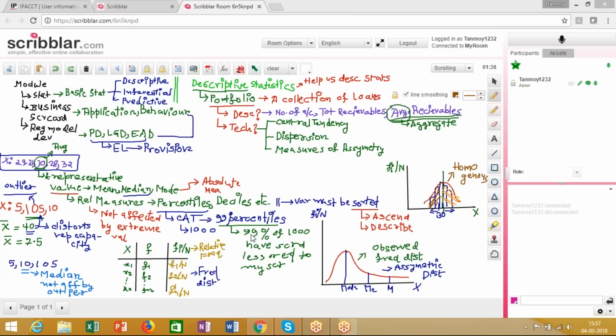And theoretically, a symmetric distribution has a very special name in the theory of statistics, that's called the Gaussian distribution or the normal distribution. And for a symmetric distribution, the mean, median, and mode are more or less similar. Theoretically, they are the same. So if I actually draw a theoretical distribution over here,